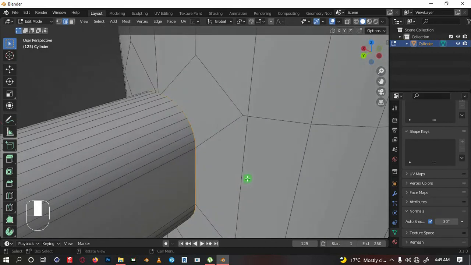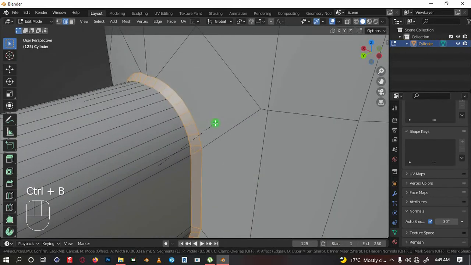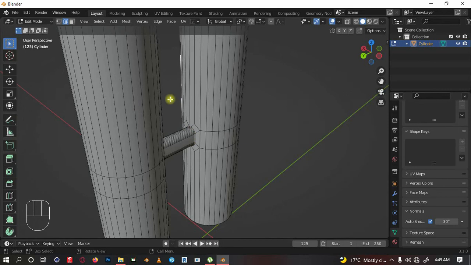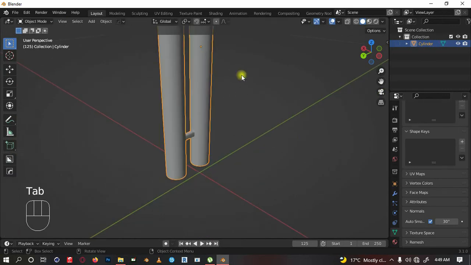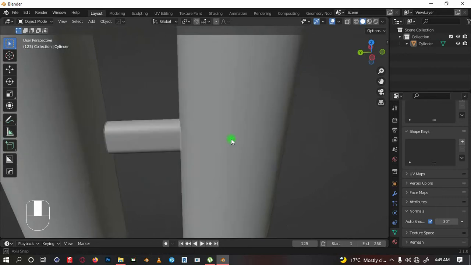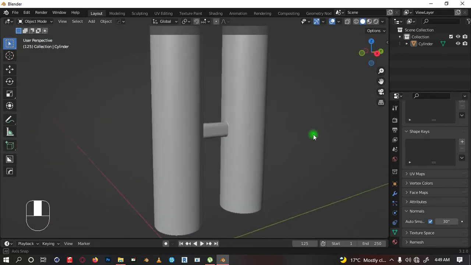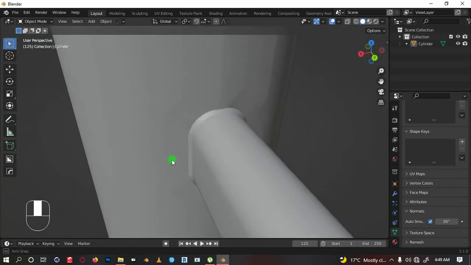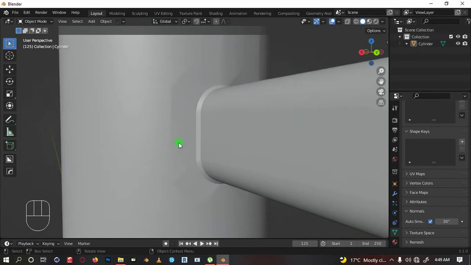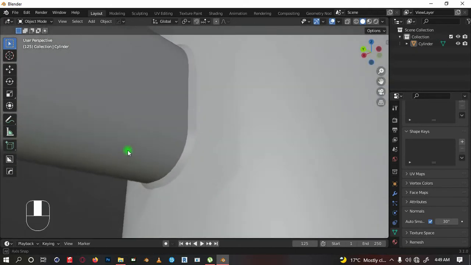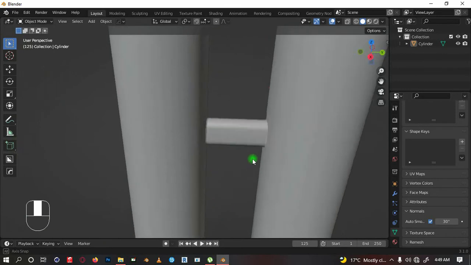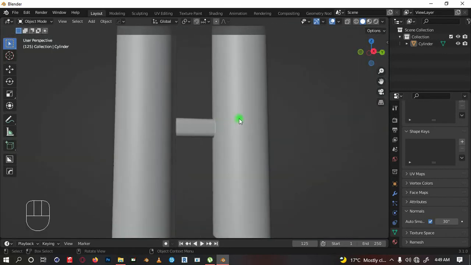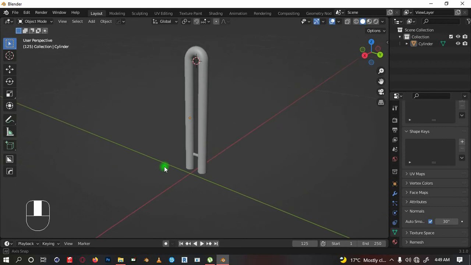Okay, then we can also do the same with Control B, introduce the chamfer to something like so. Then we can exit our edit mode, and so we have something like this. See, we have some shading around here. I think we'll sort them out. For now, we have our basic block out for